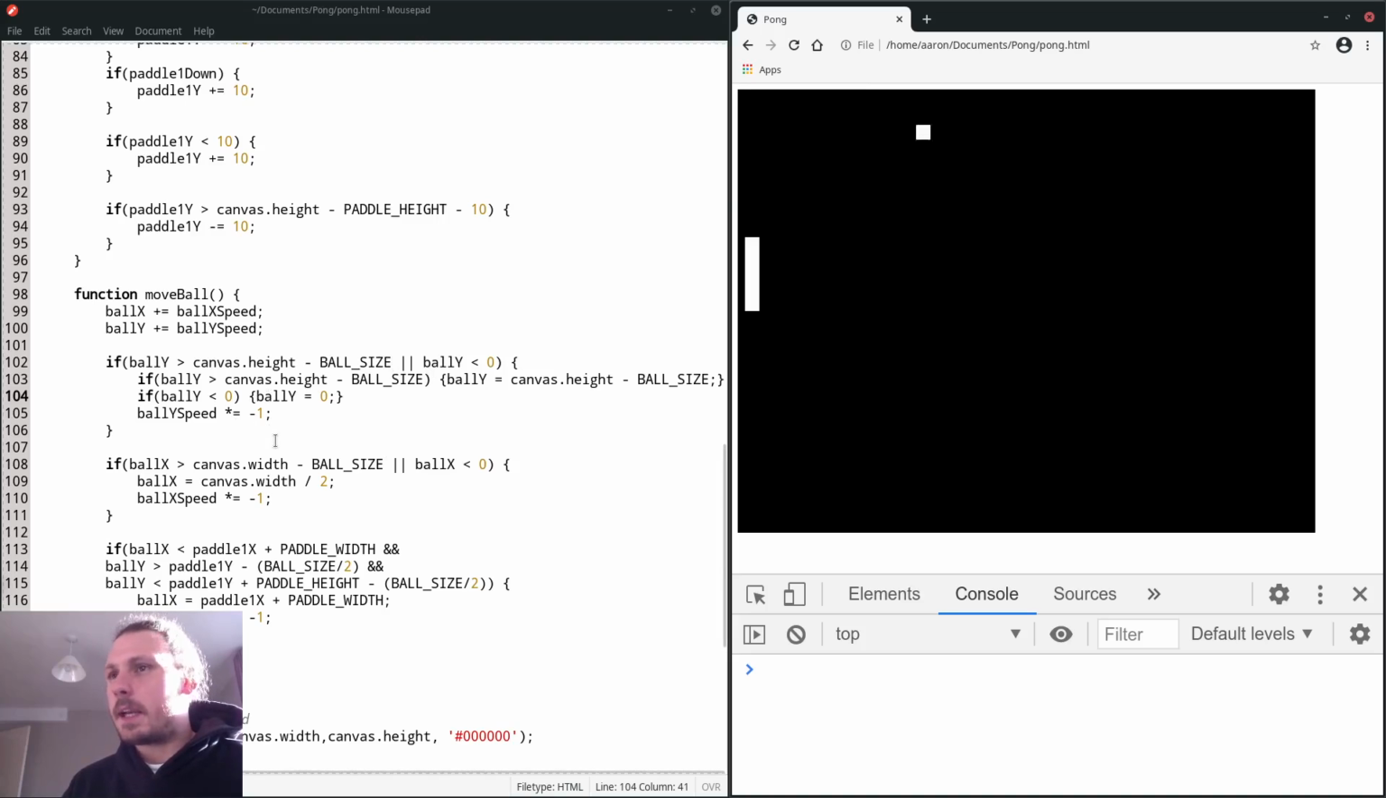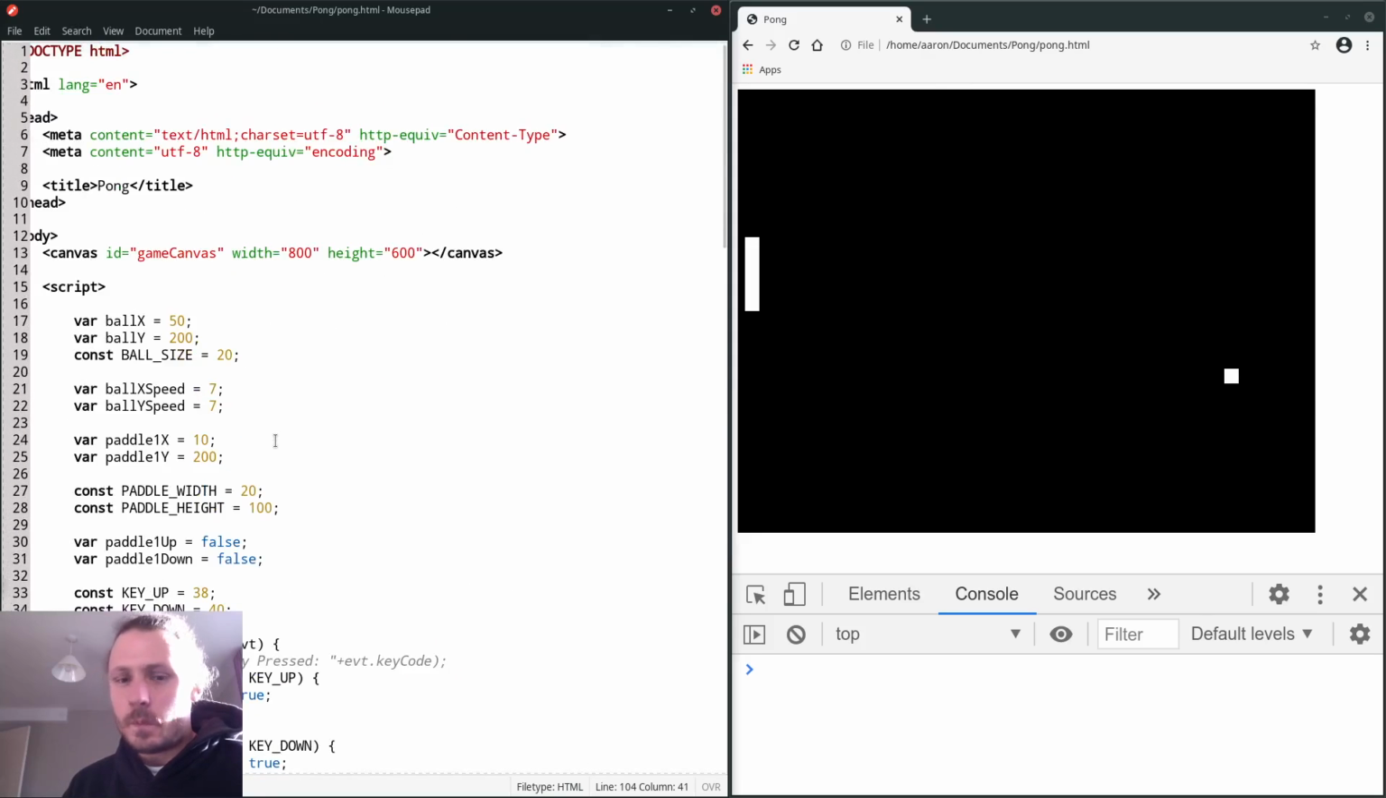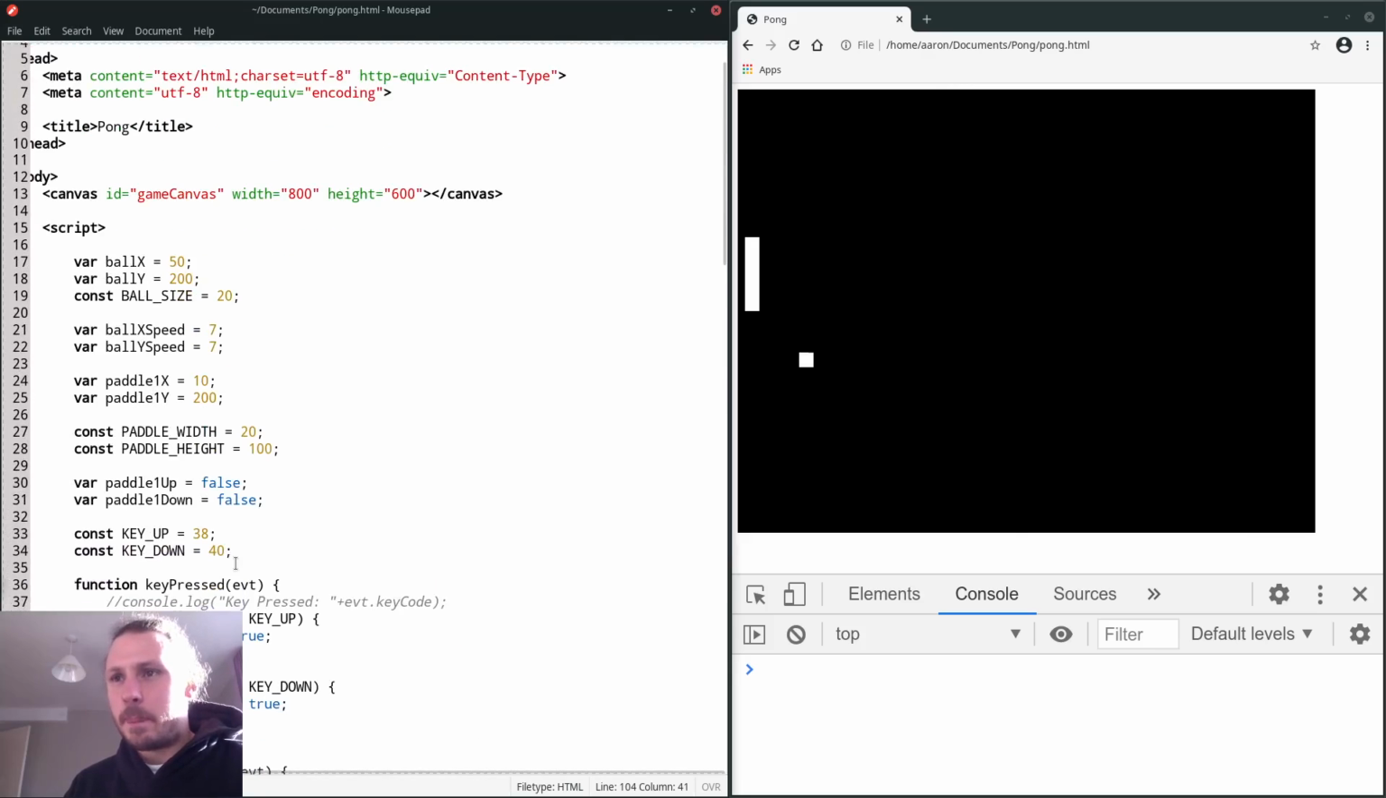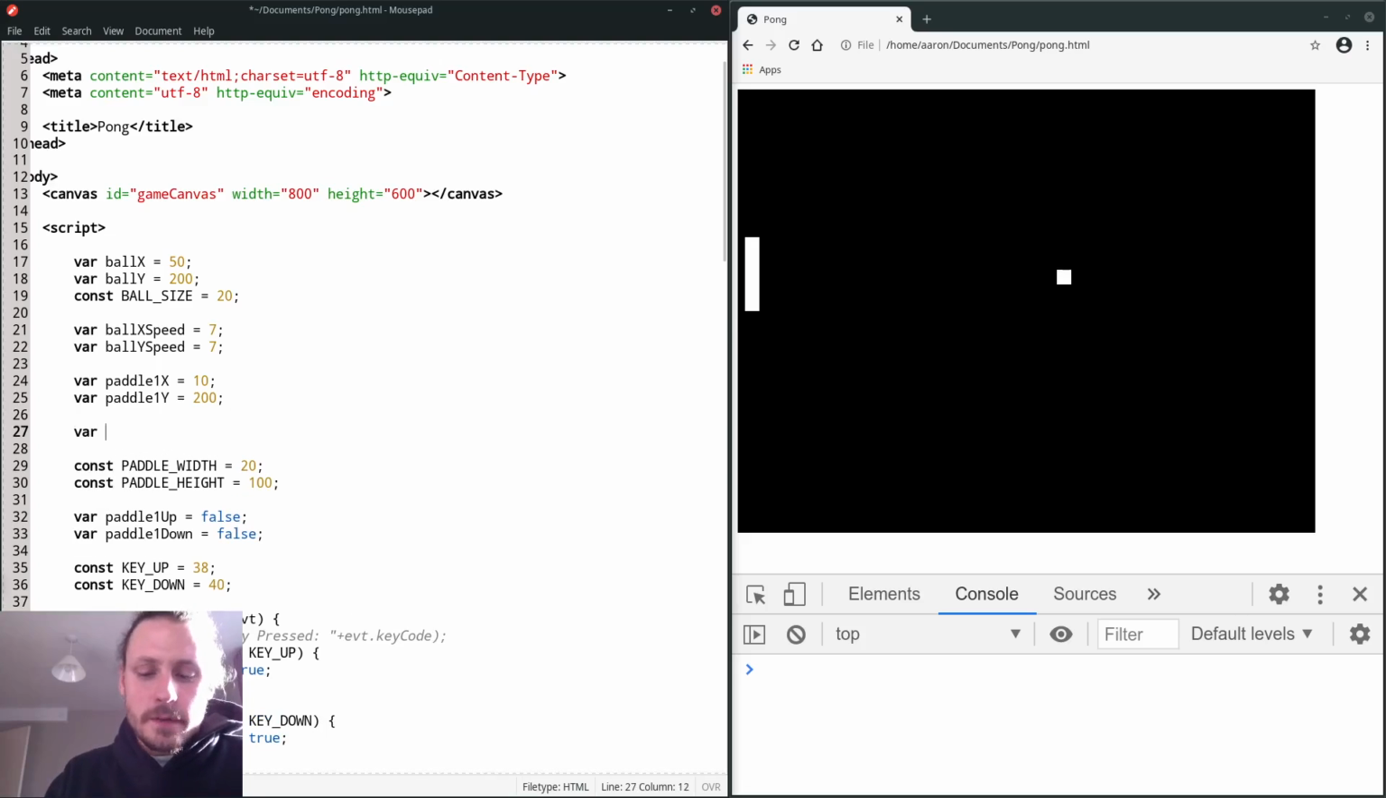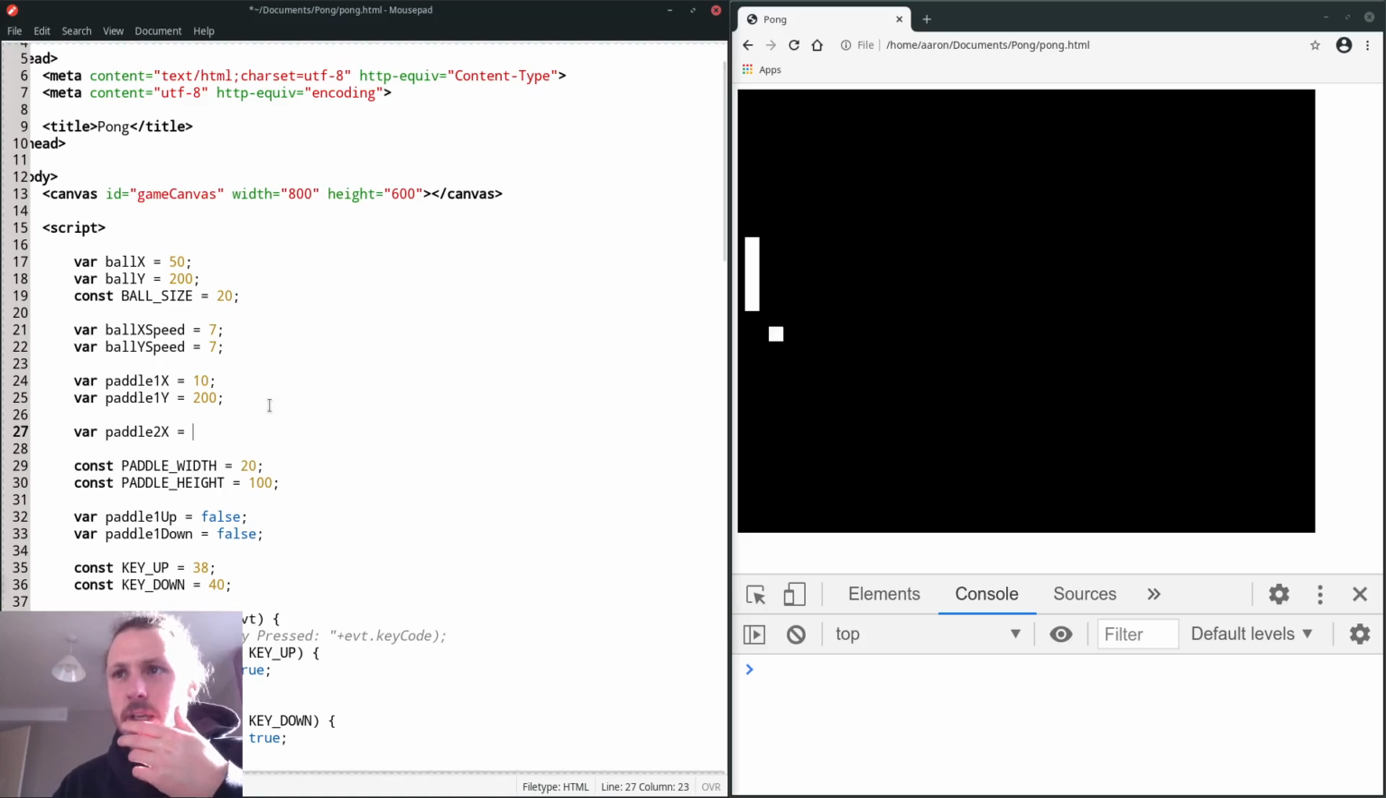Okay, let's add the second bat. We're going to need some variables for it. We don't need to do paddle height and width again, but we will need to do the x and y. So there, paddle 2x, and we want it at the right edge of the screen, so it'll be canvas.width, but because of the order we're